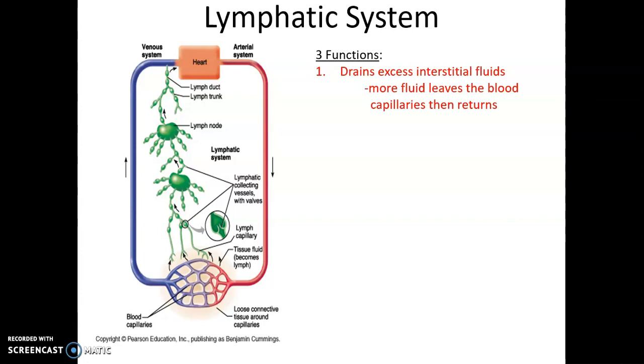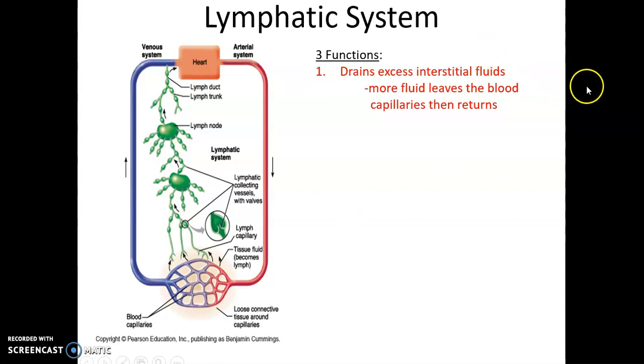So the lymphatic system has three main functions. The first is to drain excess interstitial fluids. These are the fluids found in the tissues of the body. Basically, more fluid leaves the bloodstream through the blood capillaries than returns to the bloodstream. So fluids will build up in our tissues, and that can be a problem. But fortunately, the lymphatic system has this network of vessels that will take that excess fluid and return it to